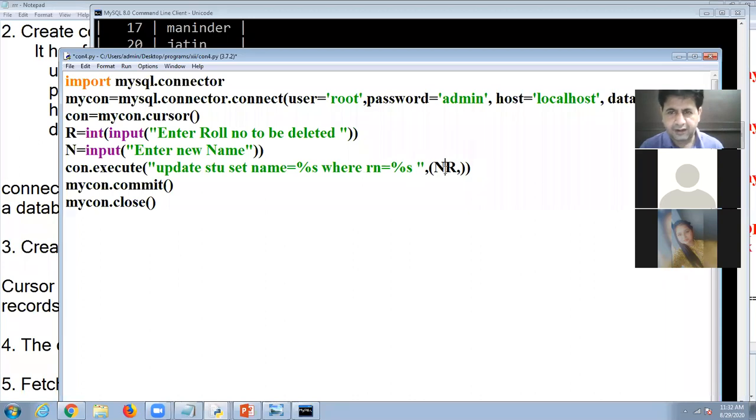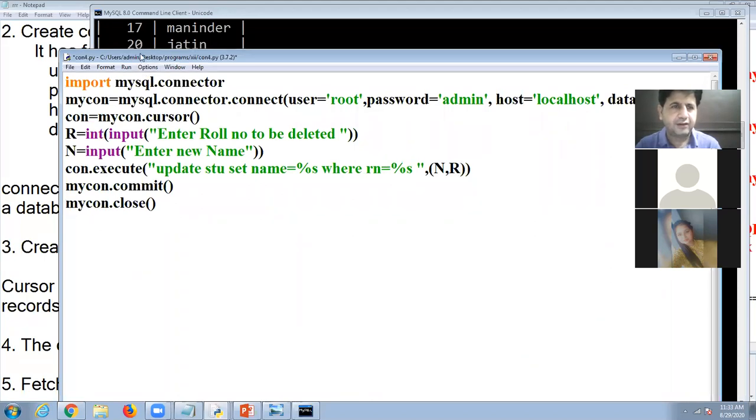So n comma r, and at the end there is no need of a comma because we have already two values. So I look at here, in roll number 20 Jatin is there.